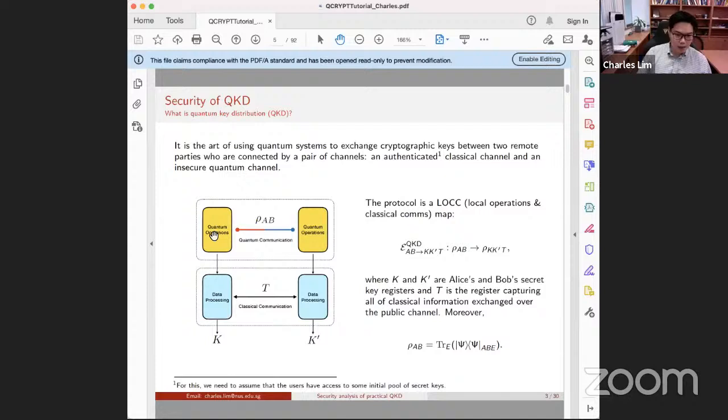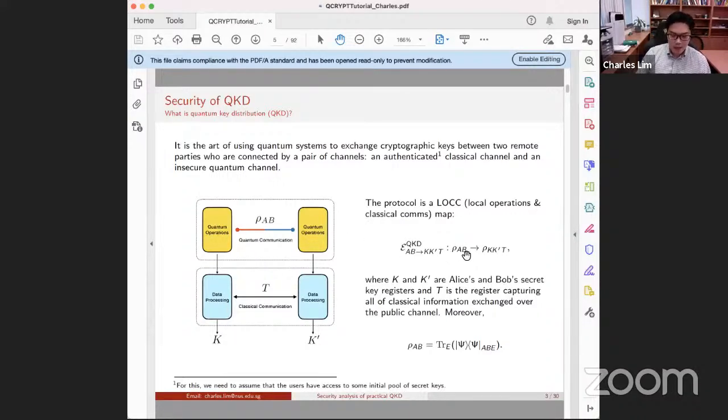And you're limited to it, let's say you can only do local quantum operations. Once you're done with the local operations, you can then perform your classical operations, with your classical communication on top of it, right? And as one could imagine, this can be seen as a LOCC map that takes the initial bipartite state shared